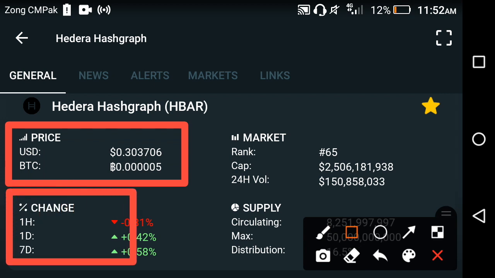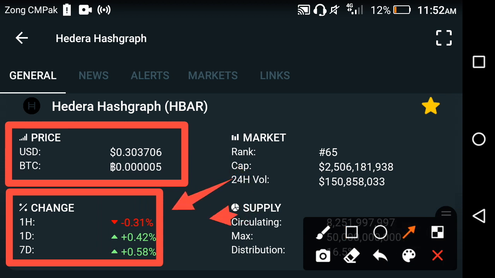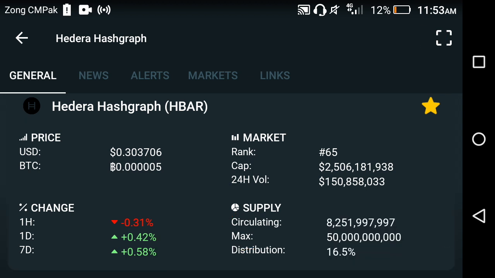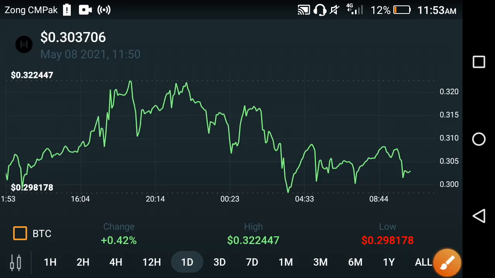Same like that, if we talk about the price changes in Hedera, over the last 1 hour, the last 1 day and the last 1 week, only the last 1 hour price change is negative, friends. Except for this, the last 1 day and the last 1 week changes have gone very positive, friends. Let's see the price chart of the HBAR for more details, friends. Let's see the price chart.